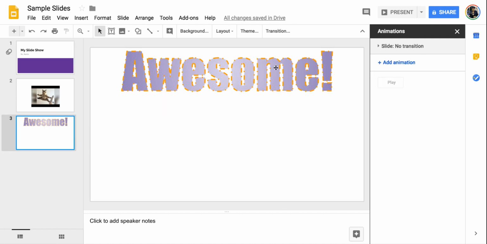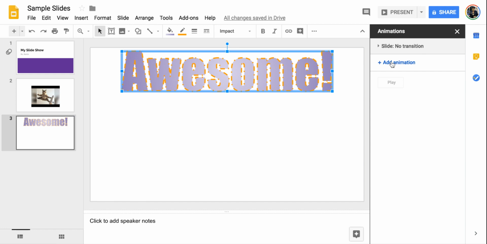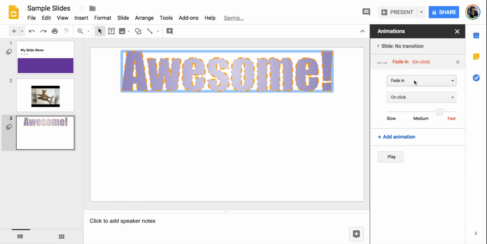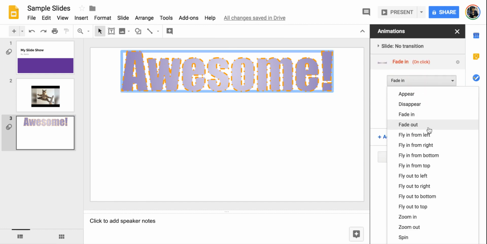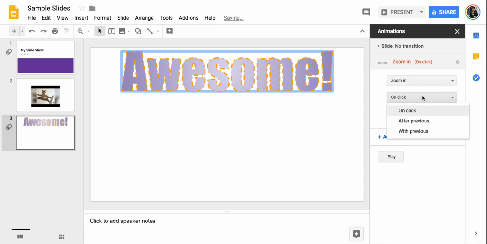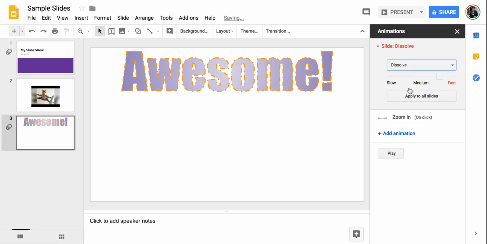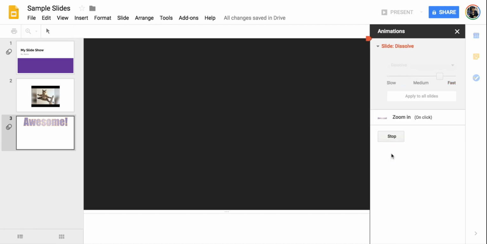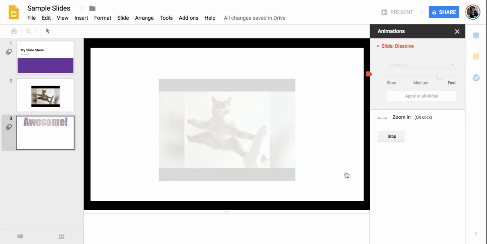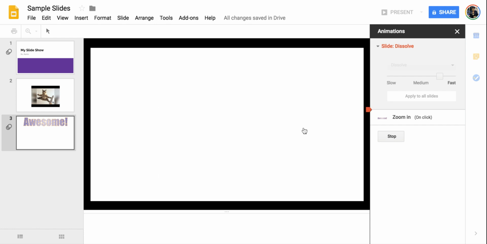So maybe I'm going to jump here to my word art. I'm going to click on word art, add animation. Let's have it zoom in when I click my mouse. We'll change our speed. And this slide right now has no transition, so I'm going to give it a dissolve transition and play. So it dissolves, and now in order for it to zoom in, I have to click,